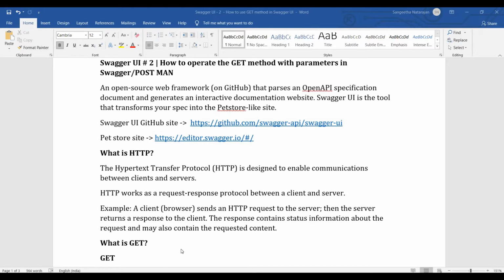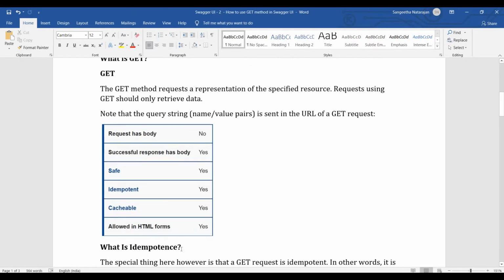Okay, what is get? Generally get means retrieving data. Whatever data you are expecting from the server, it gives you those details. For example, you pass a username. Based on that username, what is the user address, the user ID, the user country? Everything will be fetched based upon the user ID, right? So this is get. Get is nothing but only retrieving the data.